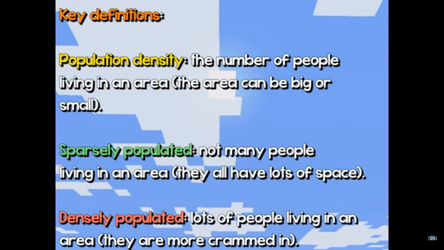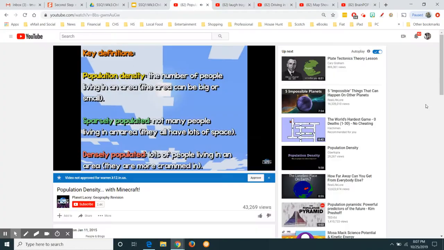Okay, so here's our key definitions. You've got population density, the number of people living in an area, and that area can be big or small. You've got sparsely populated, and that means